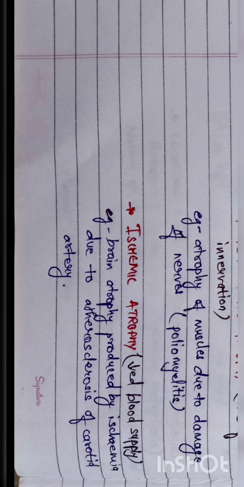So what is atherosclerosis? Atherosclerosis is a buildup of fats, cholesterol and other substances in and on the arterial walls. Due to this, blood supply decreases, resulting in decrease in size of the brain.